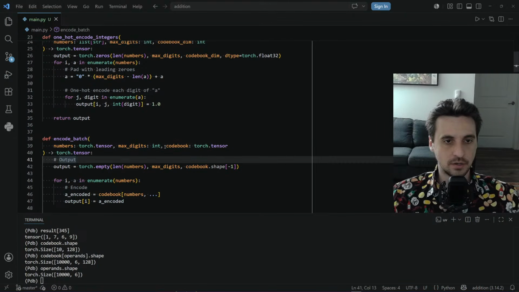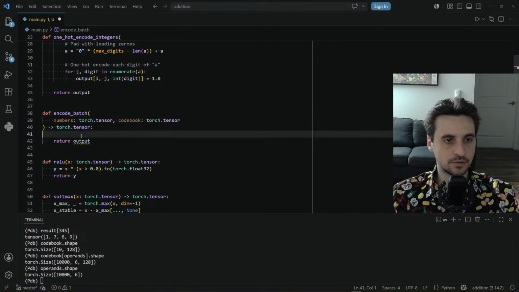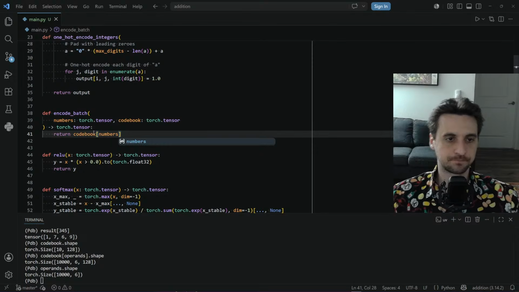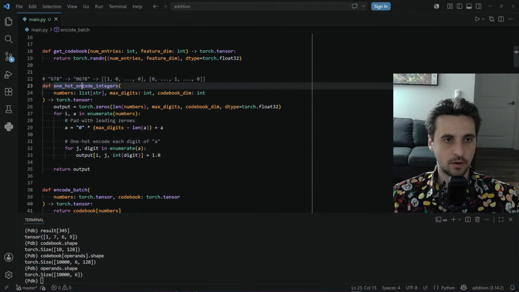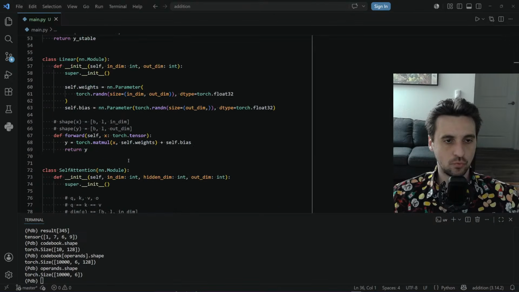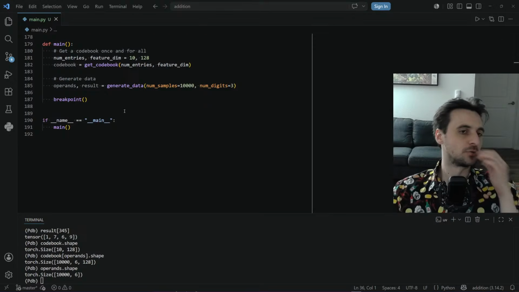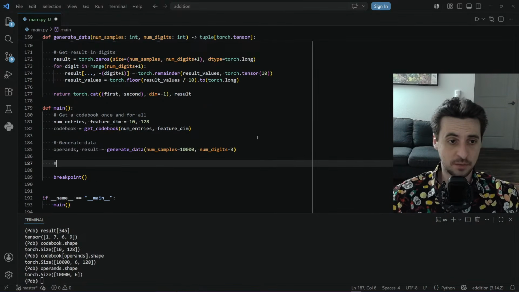So encode batch just becomes return code book of numbers. It's not even worth a function anymore. We'll just leave it for now. And then I can just enter with my transformer. Okay, so now what do I need to do? Hang on, I need to train this model, so I need an optimizer. Well,